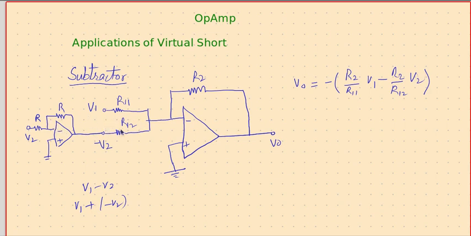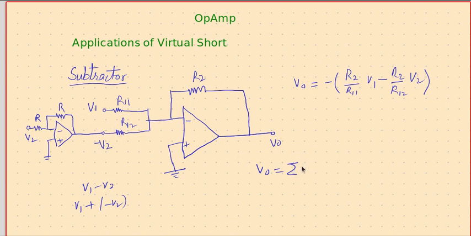So we are free to manipulate the values of R1, R2, R11, R12, R. So many options are open. So with this, a lot of combinations can be created. So you can continue adding any number of inputs, and if you want positive, just directly connect the input to it. If you want negative, connect it through an inverter, and that way you can create some scaled version of the different inputs.